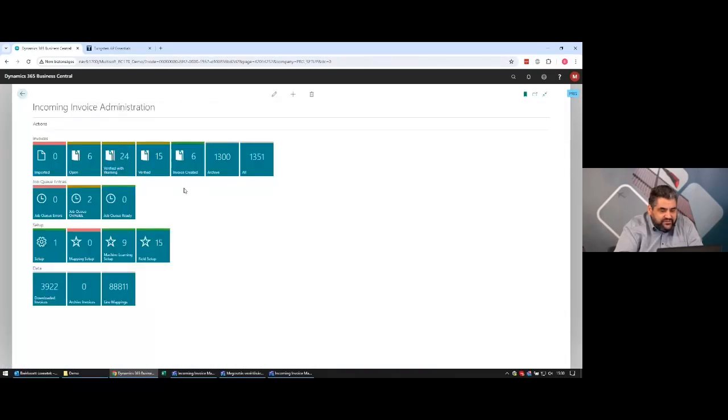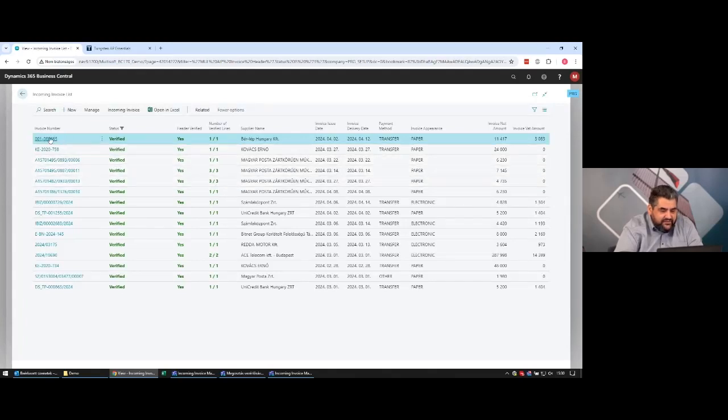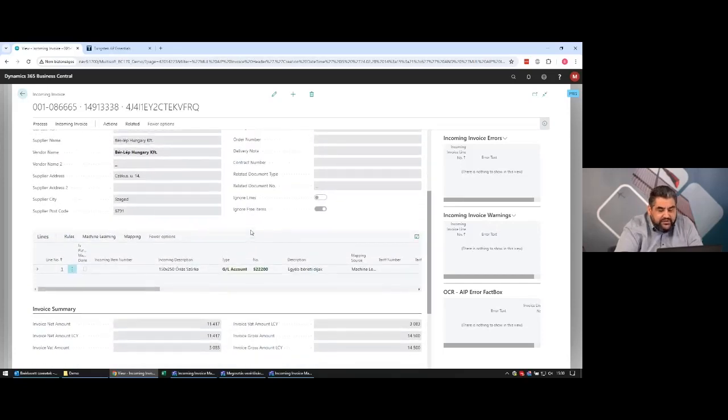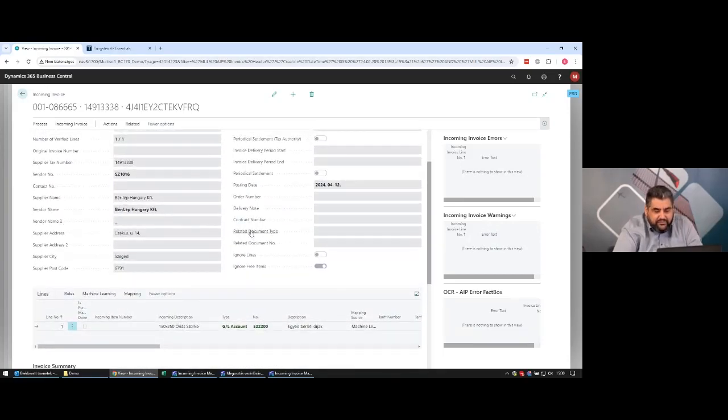And on the third tile, the verified tile, we can see the verified invoices, which means that we have neither errors nor warnings, so all good. But still, the user may modify the number, the GL account number, and so on. The user may modify everything here. Okay,